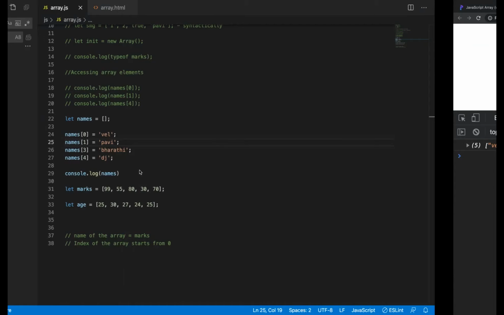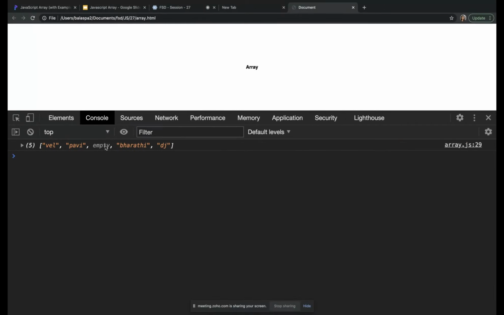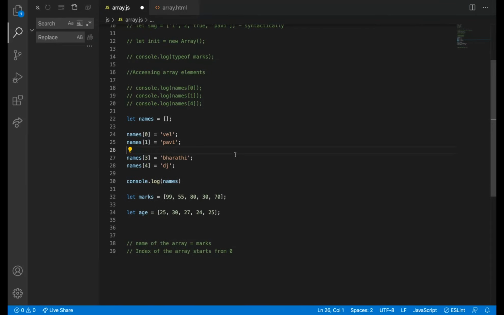It won't save in the same line. It won't take 0, 1, 2, 3 and all, because if you give it like this, it will automatically take. But here specifically, I'm saying in 0th position put this, first put this, third put this, and fourth put this. I'm not using the second position. So the second value, it is taking as empty. Fine. We'll keep it like this.